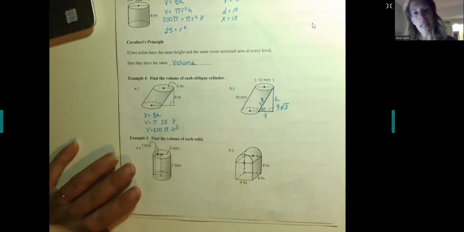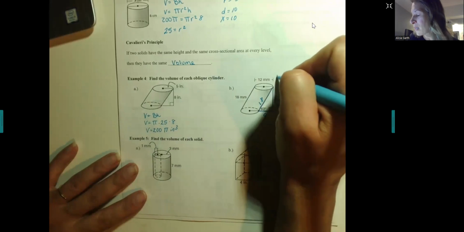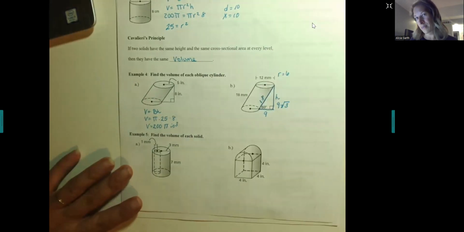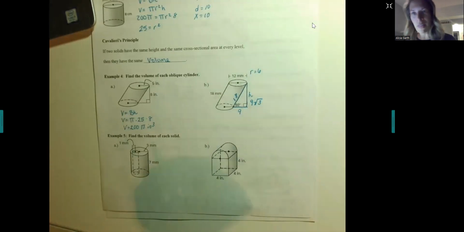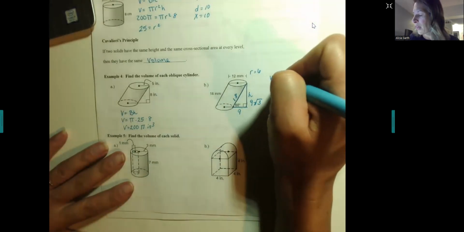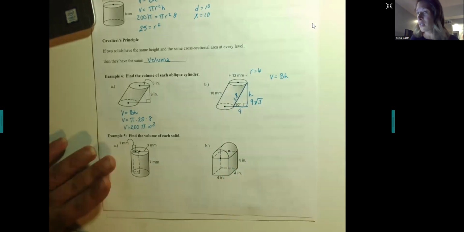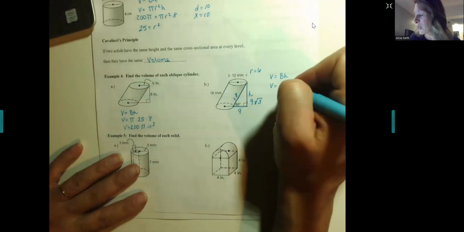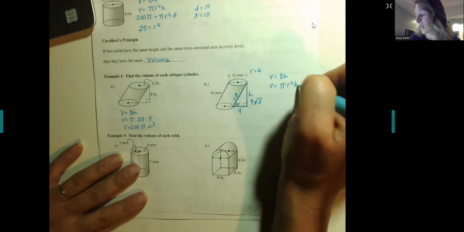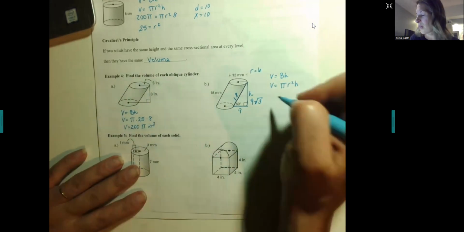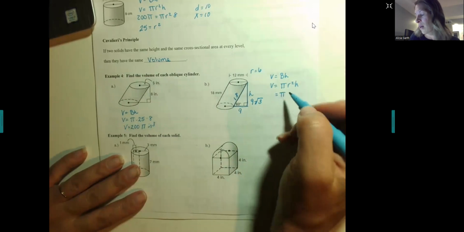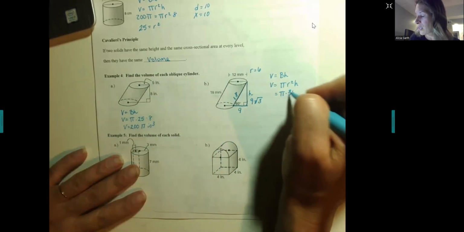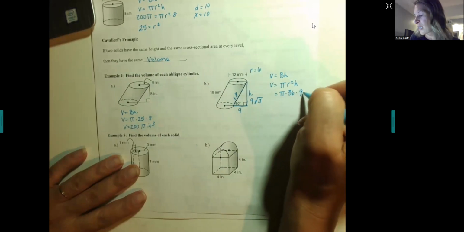Now, they've given me my diameter, which means that my radius is half of that, or 6. So I've got everything I need now. I know that volume is equal to base times height, the area of my base. That means my volume is equal to pi r squared times my height. And I've been given my r is 6, so my r squared is 36, and my height is 9 square